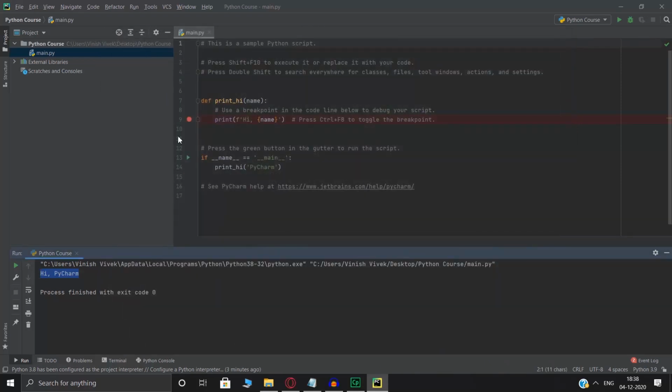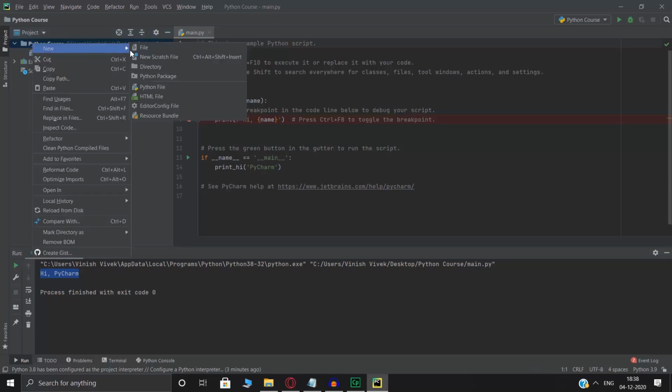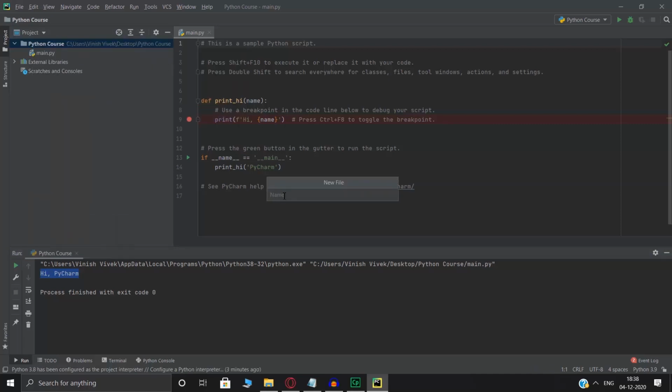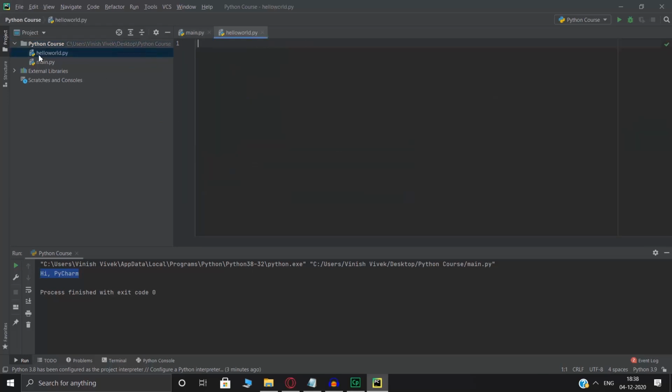Now let's see how we run a hello world code over here. For that, we'll select our folder or our project where we're going to be working with our Python files. Right click and click new, and you can either add a file, which will add a text file. But if you click on file, and if you want to save it as a Python file, you've got to name it as hello world.py. So you've got to give the extension. Only then will this come up as a .py file.